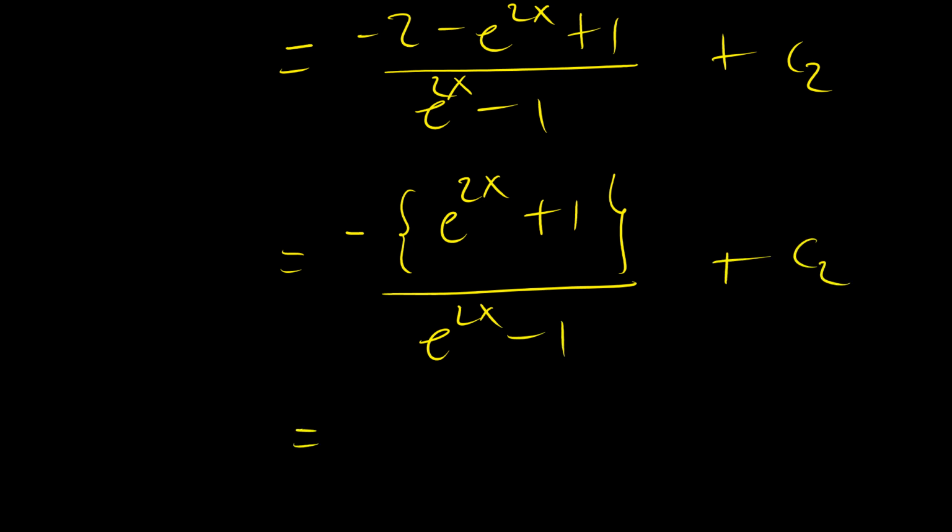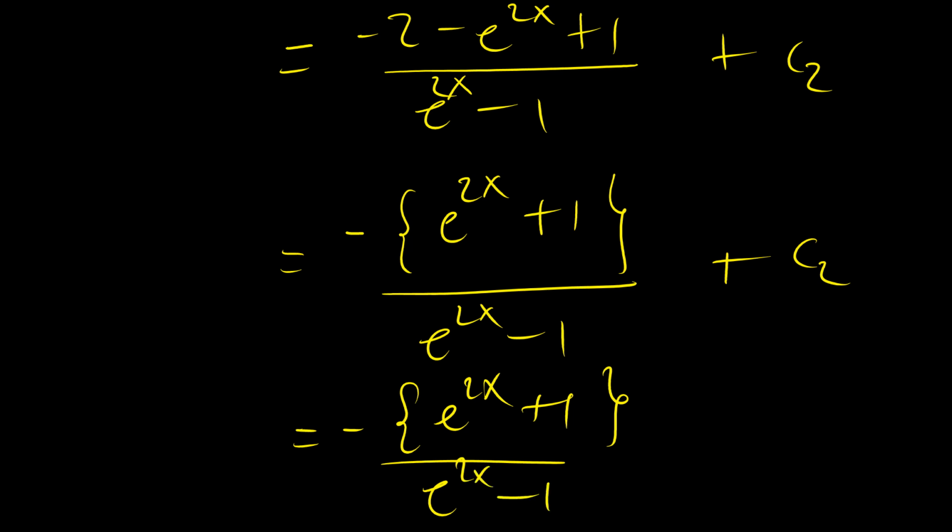If we multiply by e to the power negative x over e to the power negative x, plus c2, this becomes eventually